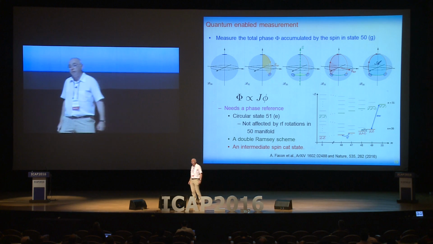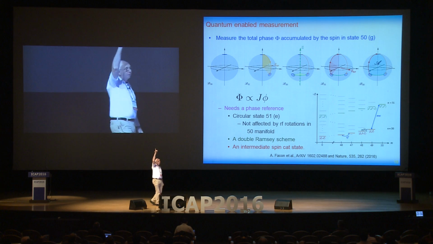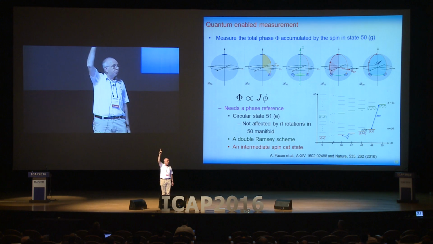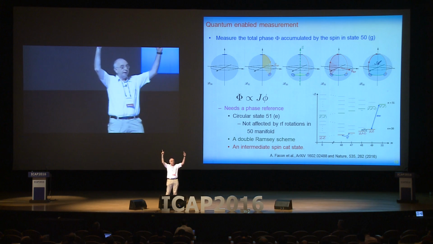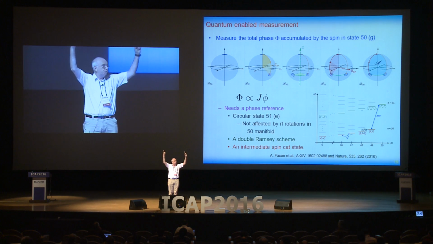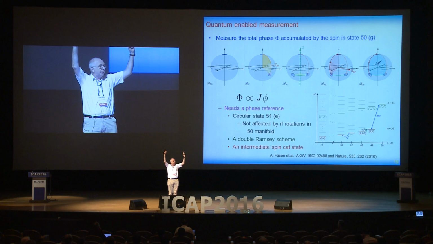Here comes the idea of the experiment. We will make a double Ramsey scheme. We will start in the 50 manifold spin up. And then with a microwave pulse, we will prepare a superposition of spin up in the 50 manifold and spin up, both circular states, in the 51 manifold. Due to the Stark frequencies being very different in both manifolds, the radio frequency that will manipulate the 50 spin will not do anything important to the 51 spin. So the 51 remains spectator, the 50 goes all its path along the Bloch sphere, returns near the initial state,